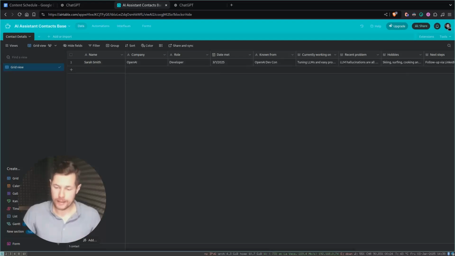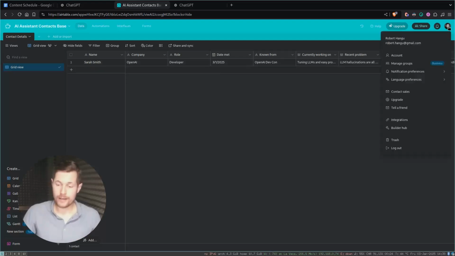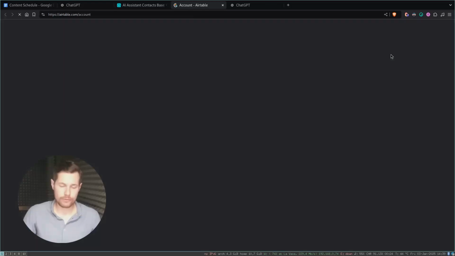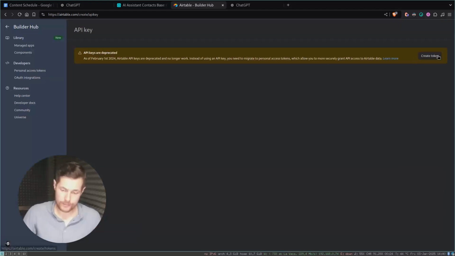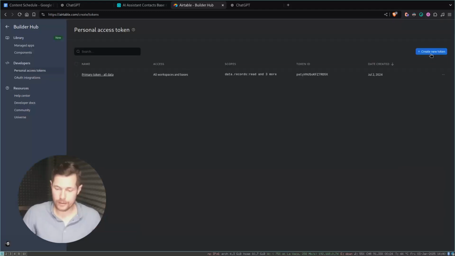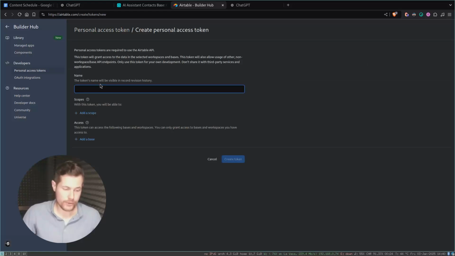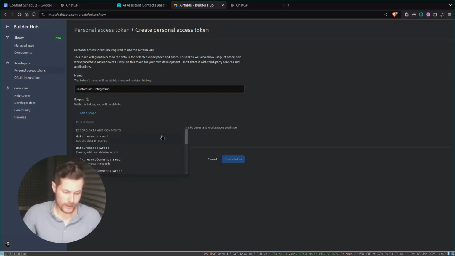We get the API key from our profile. We click on our profile image, we click on account, and here we go to API, click Go to Developer Hub, create token, and then we create a new token by clicking here. We give it a name and say CustomGPT integration. And the scope, so here we can